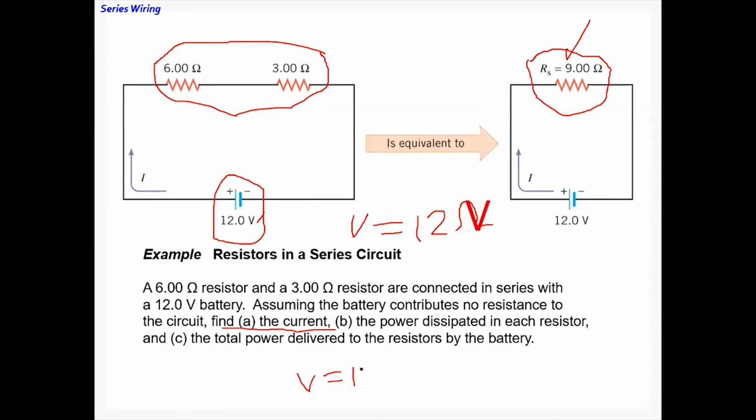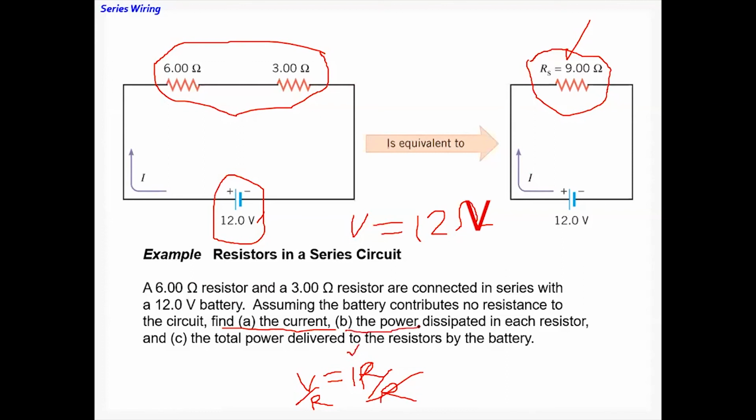So how do you find your I from here? Divide both sides by R, which gives V over R, right? That's your current. Do you know the value of V and R? V is 12, so plug in the value of V here, 12. Then what is R? 6 plus 3, which is 9.